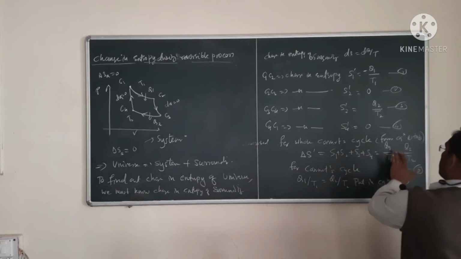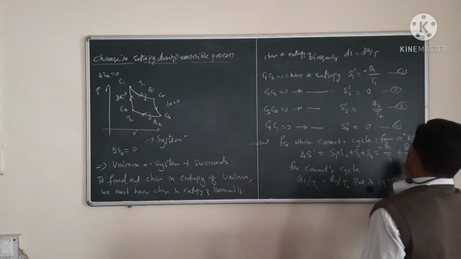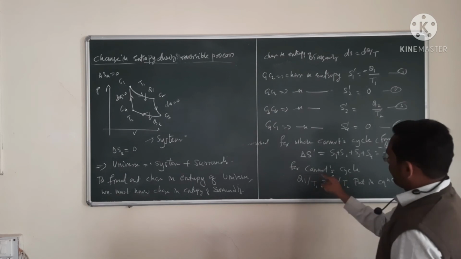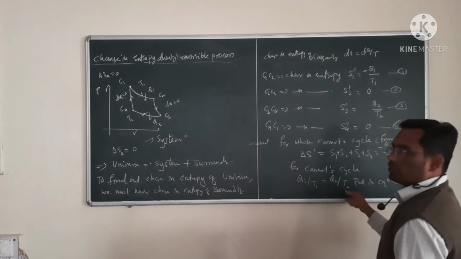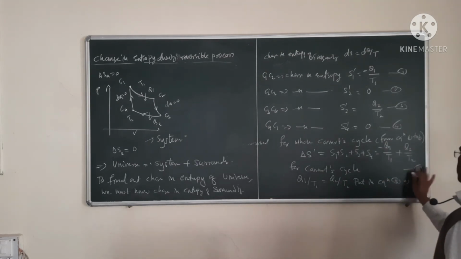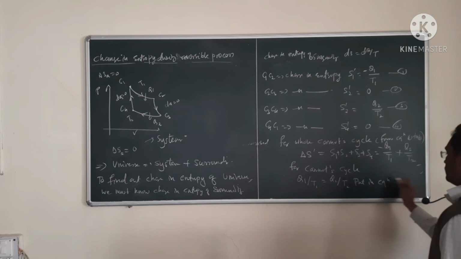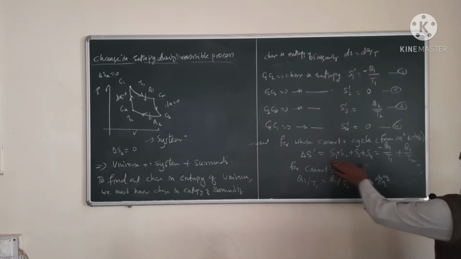मग इथं आपल्या इक्वेशन मध्ये काय होईल की मायनस Q1 divided by T1 plus Q2 divided by T2. But for Carnot cycle, this equation holds. Q1 divided by T1 is equal to Q2 divided by T2. So if you put that in this above equation, you will get change in entropy of surrounding is